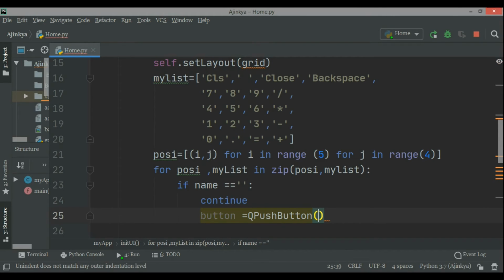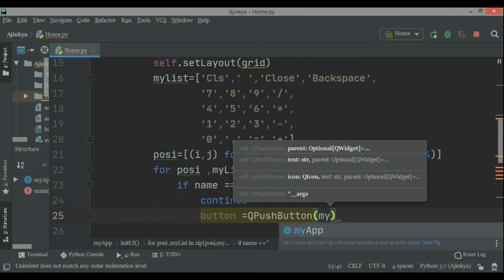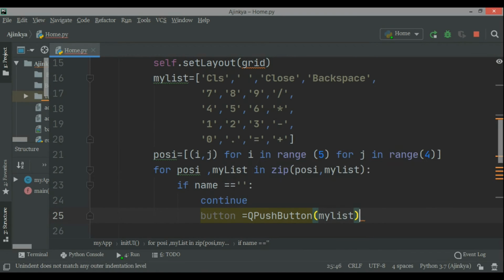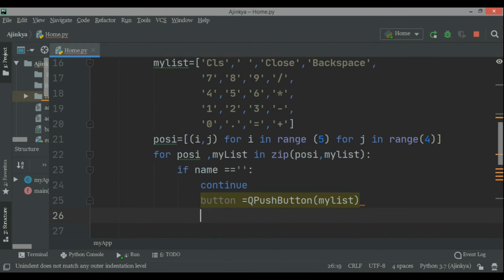and on that button we need a text. There it will be my list. So the my list elements, something like CLS, close, 7, 8, 9, asterisk, all these buttons will be placed there. Then